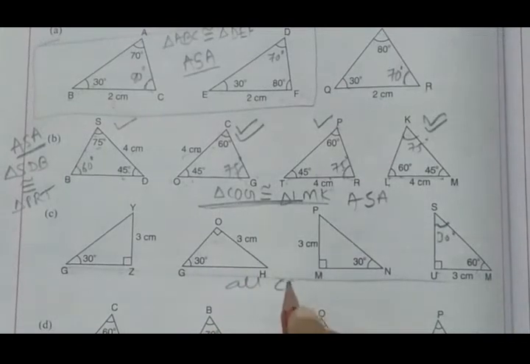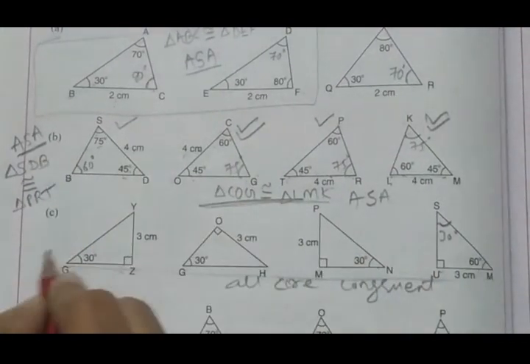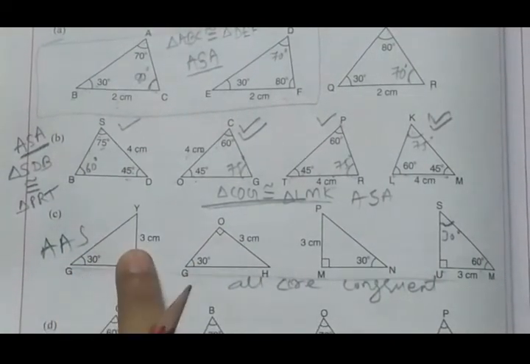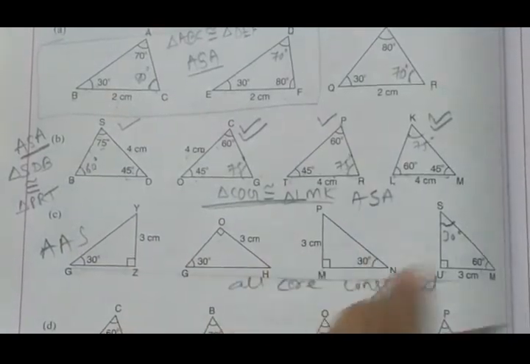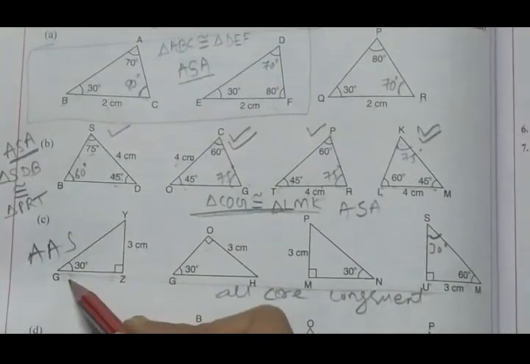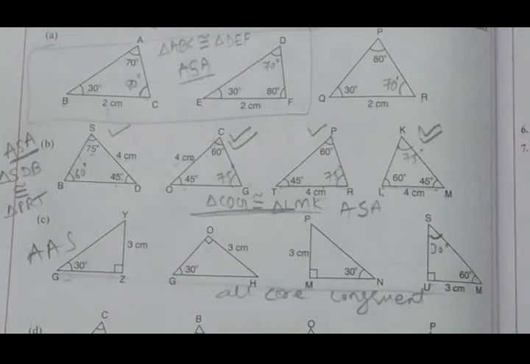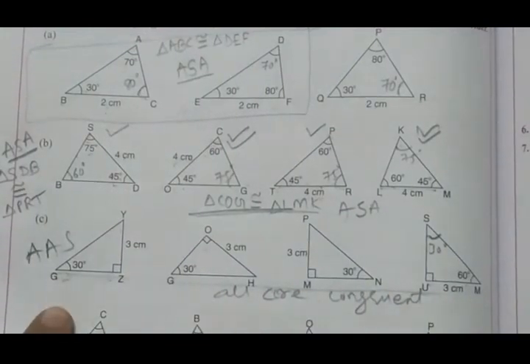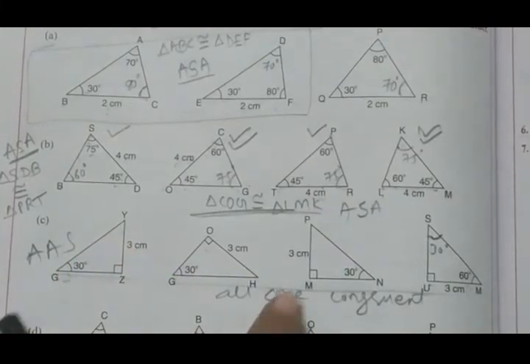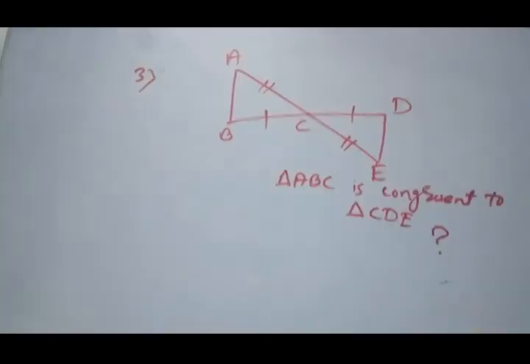Why are all congruent? Because they are following angle, angle, side. By using the angle, angle, side criteria, you can say these 1, 2, 3, 4 triangles are all congruent to each other. One angle is 90, another 30. 90 plus 30 is 120, and then the remaining will be 60 in order to get 180 as the sum of interior angles. So all the angles measure 180 in total, and the remaining thing is that 3 centimeter is given. You can say all are congruent.